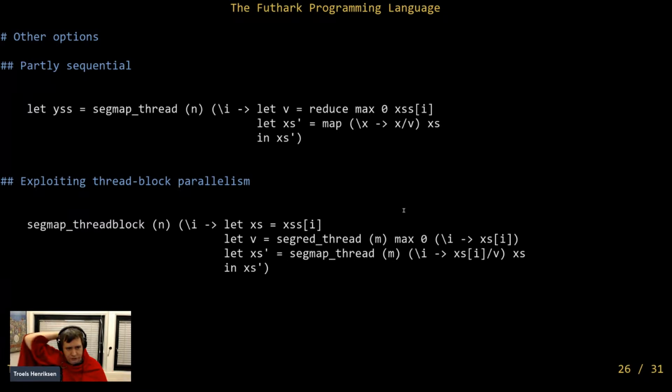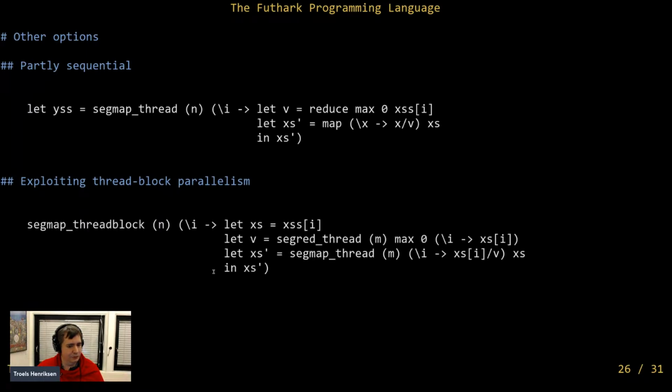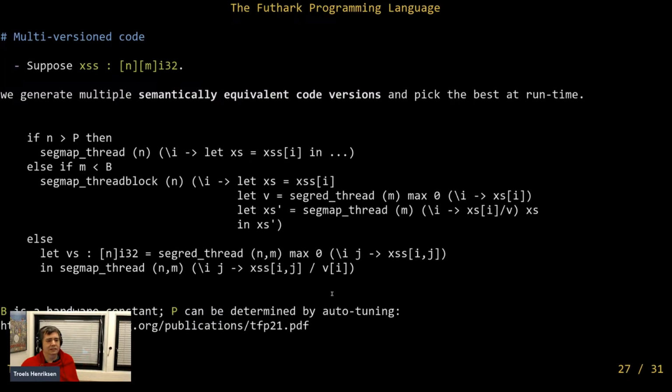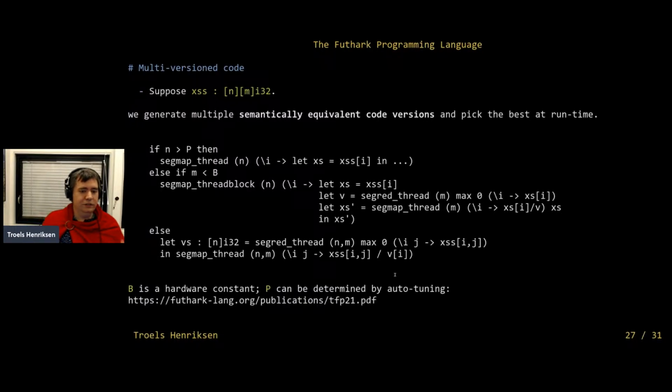So now we have three different versions. One that fully exploits parallelism, one that partially exploits parallelism, that's this one, and one that cleverly tries to exploit locality, but may not fit depending on what the size of the actual array will be at runtime. And it took me a little while to accept that there is no one-size-fits-all for these kinds of programs. So what the Futhark compiler really does is that it generates all of these versions. They all do the same thing. They're all semantically equivalent. They produce the same result. They just do it in different ways and have different performance characteristics.